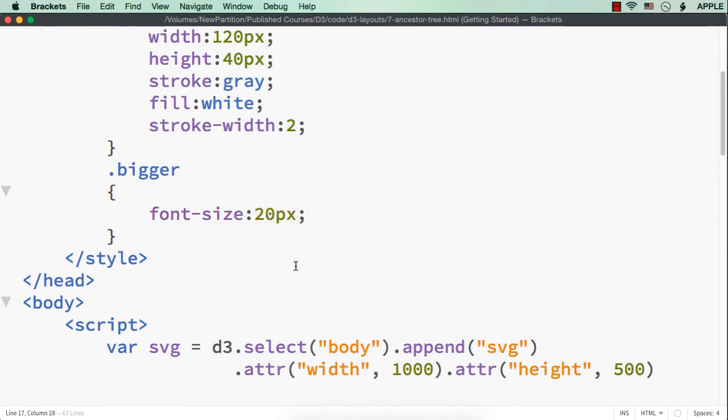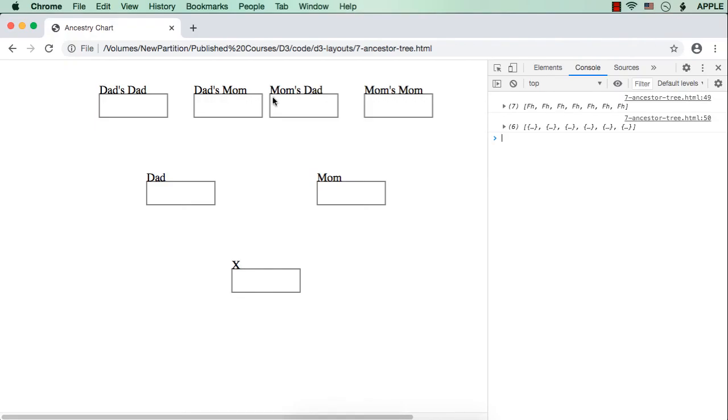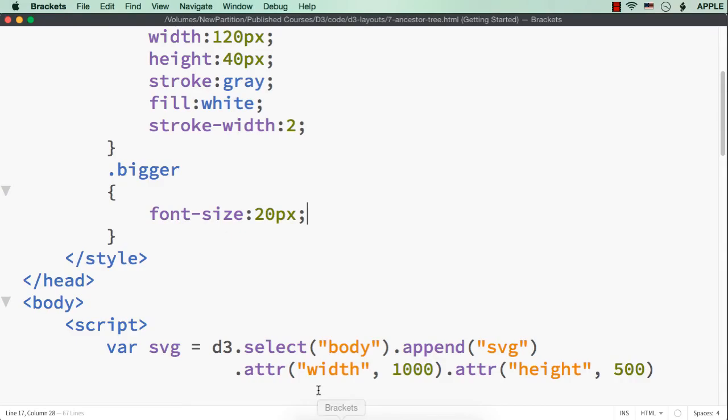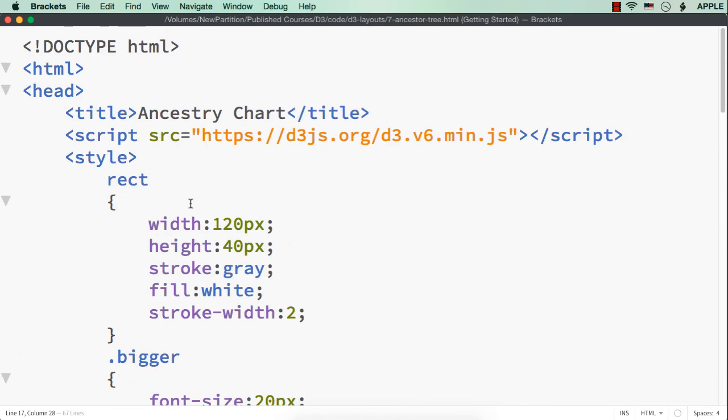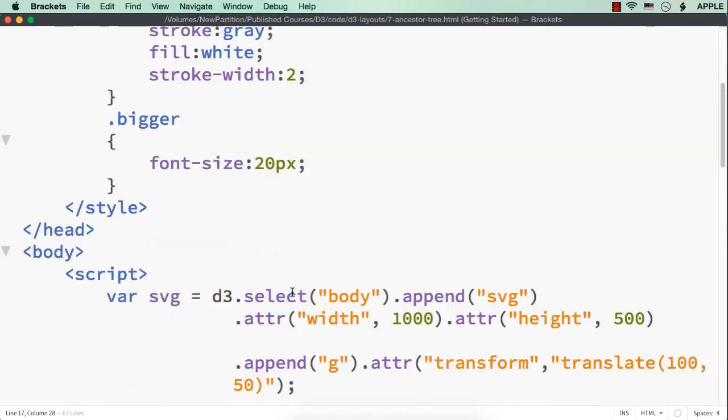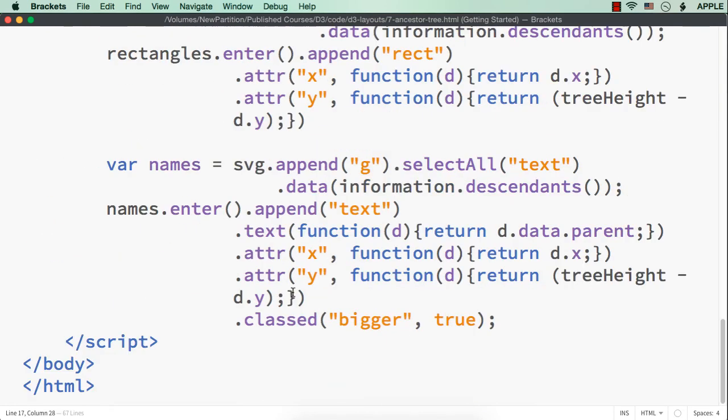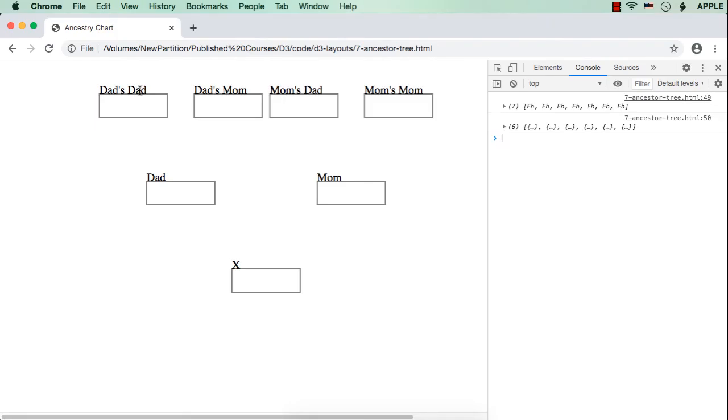Now let me save this and check the output. See, the text size is increased. Next we need to move it inside the rectangle correctly aligned, that is vertically and horizontally centered. So what we can do for that, the total width of the rectangle is 120 px and the height is 40 px. So let me try to add 60 to this so that it will move 60 px towards the right hand side, and we need to move the text towards the bottom as well, that is we need to increase the value of y.